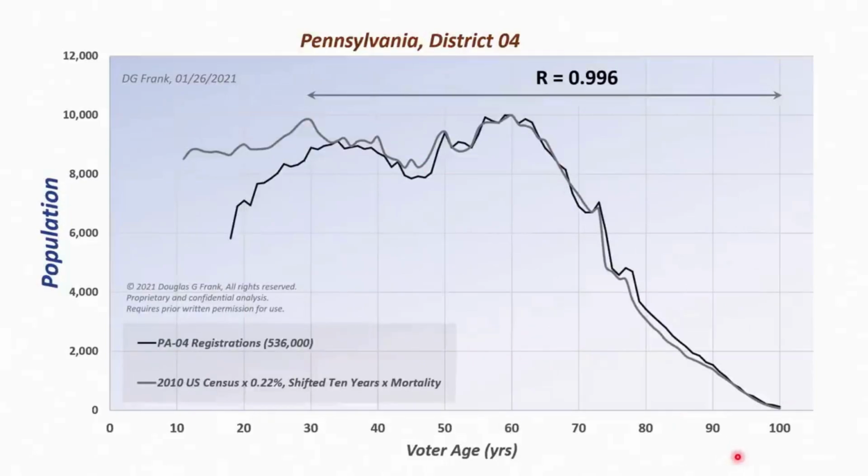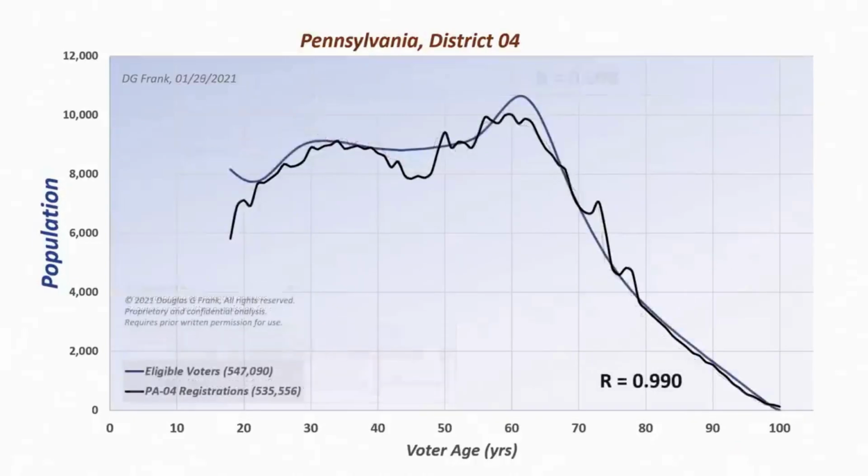And that's not a perfect fit, but that's just the clue that shows you that a perfect fit is possible, and that an algorithm is operating. And I just remind you what this graph looks like. You can see that the registrations are in there. And so I like to tell people that the algorithm uses the 2010 census, shifted and normalized, which means make it the same size as the population. And you know that because you can see the features of the 2010 census in it.